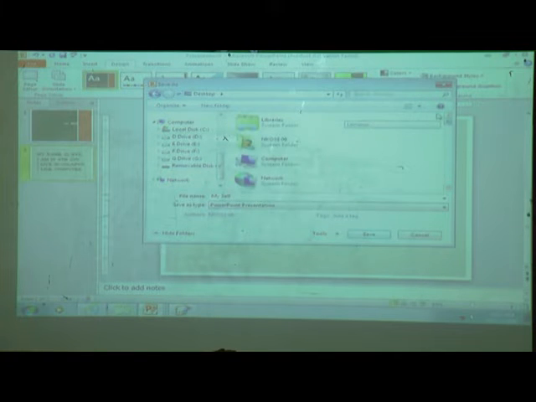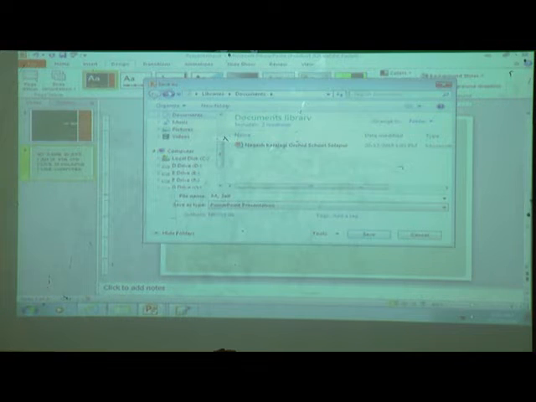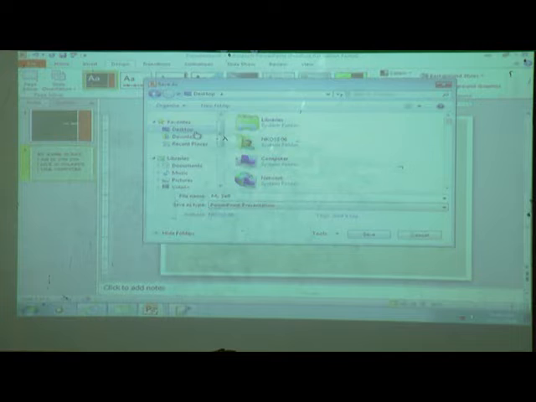If on the desktop you have created your folder, then you can select this folder and save your file in that folder also. If the folder is not there, then no problem. Directly you can see this file on the desktop also. The next step is to select the path. Where do you want to save your file? You want to save this file on the desktop, so click on the desktop.